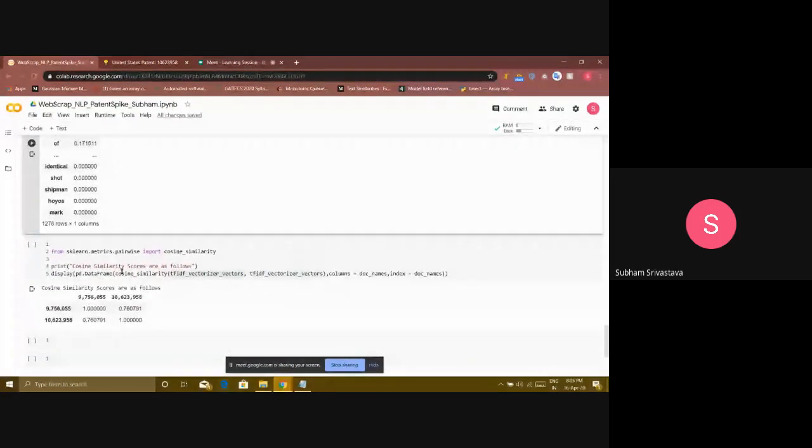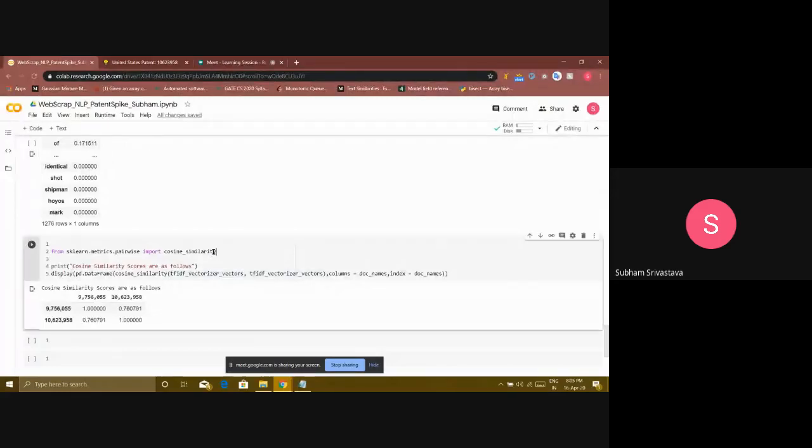All right, so here again, from scikit-learn we can easily get cosine similarity. So what is cosine similarity? Why are we using it? There are many questions. Basically, think about when do you use a Euclidean distance?